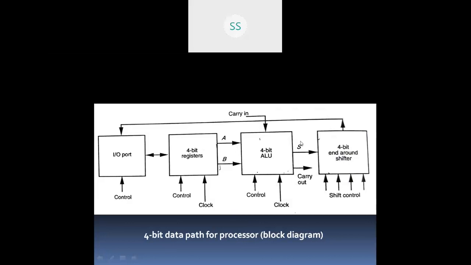Here with the ALU we can see that A and B are the two numbers which are fed in parallel, and it has a control as well as a clock signal. Then it has sum and carry. As it has to perform n-bit addition, the previous carry should also be considered, which is named carry in.